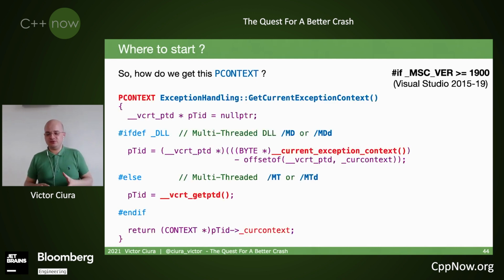Well, the answer turns out to be very complicated, but once you wrap this up in a nice function, it all works. It's different based on what kind of CRT you are using. For newer CRTs, this is the procedure to get them. Ignore all the details, just know that it works. And by the way, this is the complete code. There are some special private functions from the CRT that you can call, and some structures that are not documented, but they get the job done.